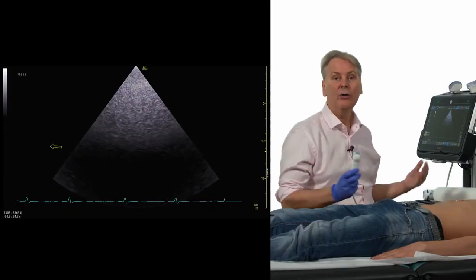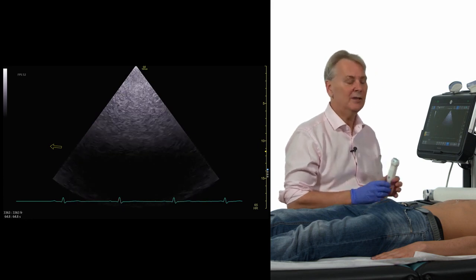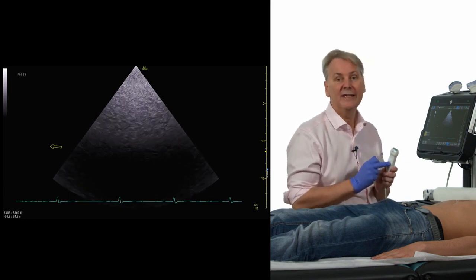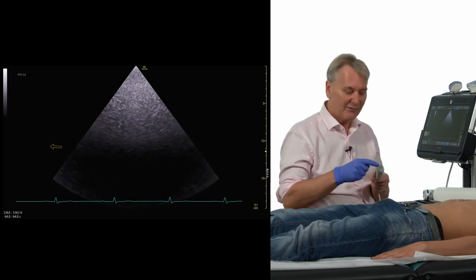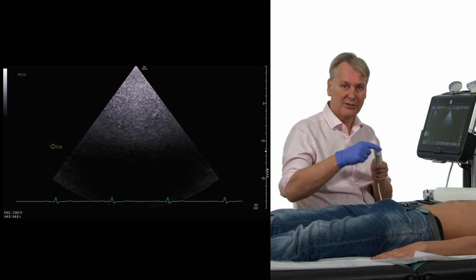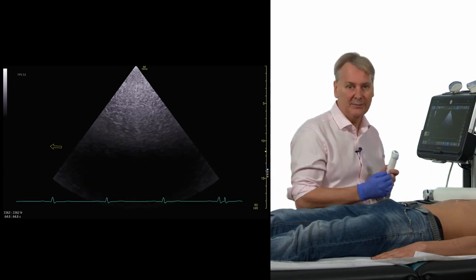Let me show you how. I will now also show you a subcostal view. However, I will be using a probe which is called a phased array probe. It's a probe we use in cardiology because it has a very small footprint. In other words, a very small aperture which allows us to image from in between the ribs and also from